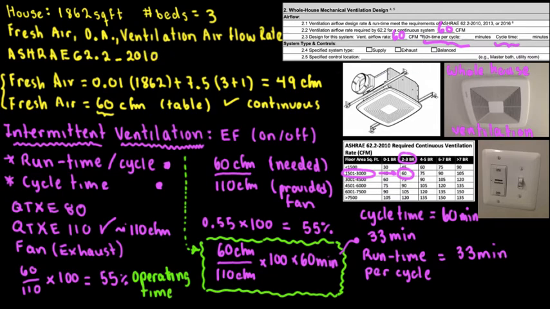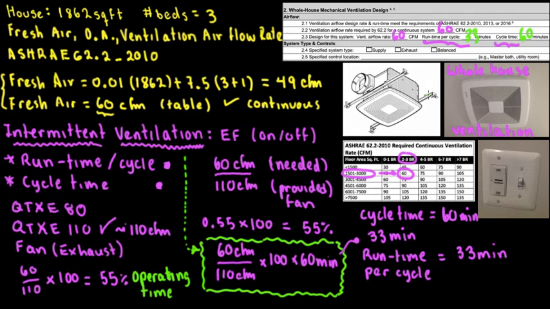So in other words, what you would have to put in this form, which is for Energy Star, when they're asking you intermittent ventilation runtime per cycle, you would put runtime per cycle 33 minutes, and then the cycle time 60 minutes. Now Braun actually complies with intermittent ventilation in 3-hour segments. So in 3 hours, this is going to get deeper and there's more calculation on that, but as a basic example, to understand how this works,